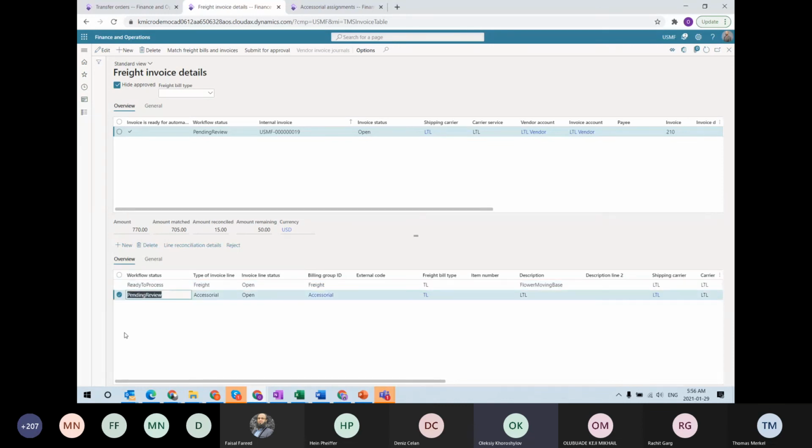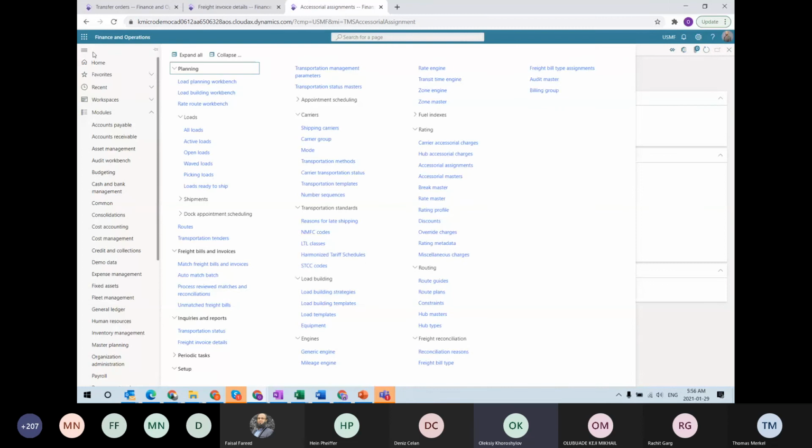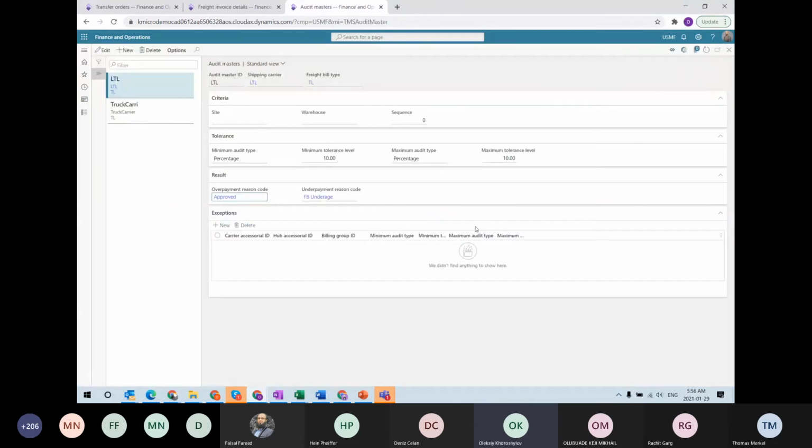And that's because I put it over 10%. And you may ask me, Alexei, why exactly 10%? Where is that coming from? Well, it's coming from something that is called Ratemaster. So if we look at the Ratemaster right here, we can define different minimum tolerance levels and the maximum tolerance